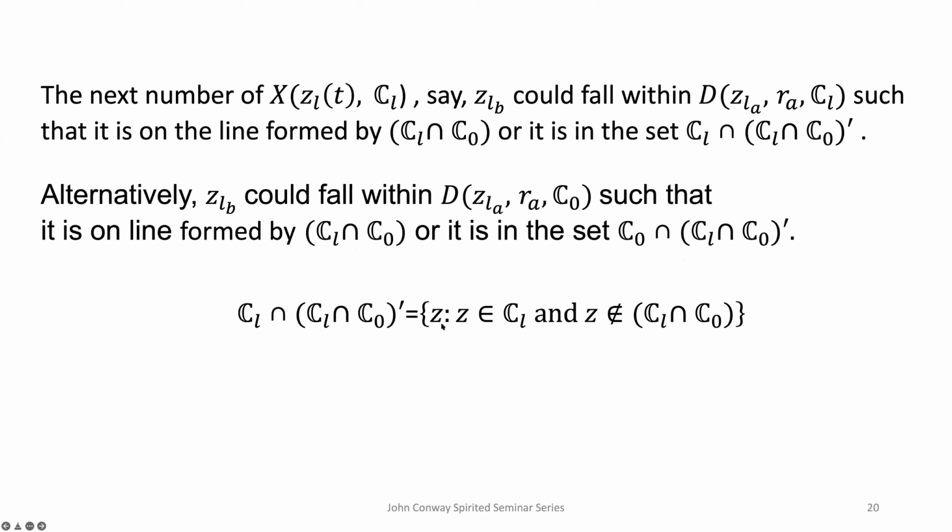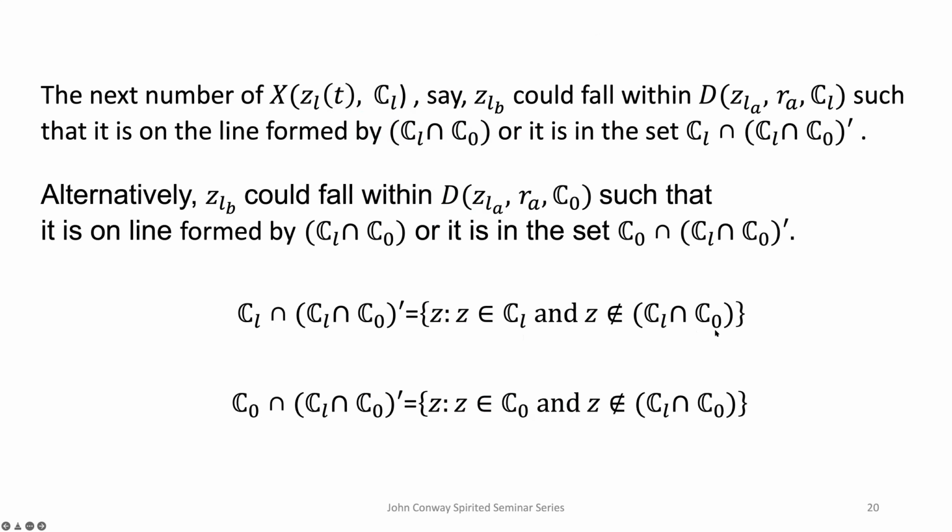C0 complement equal to, for all the complex numbers on the plane CL that don't belong to the intersection, or they belong to the plane C0 and do not belong to the intersection. That means the disk could be on the C0 or on the CL, the formation. So from the randomness, two-step randomness, the contour starts, disk formation, again contour, again another step. It might take infinitely many steps or finitely many steps. We don't know, because it's a random process.